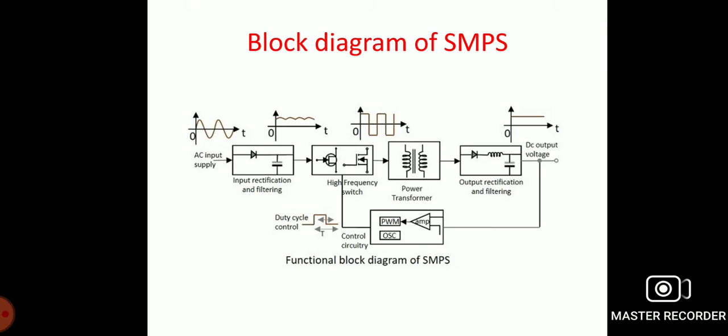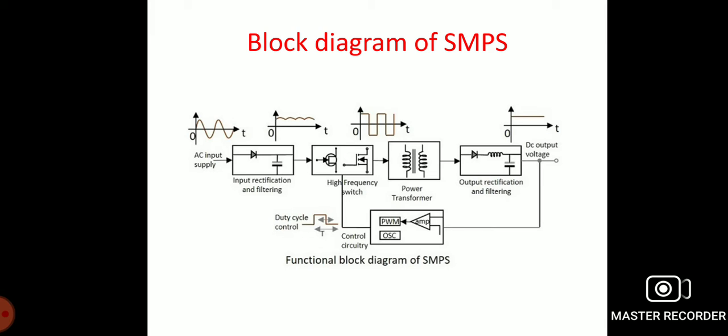They are: the SMPS circuit is operated by switching and hence the voltage varies continuously. The switching device is operated in saturation or cutoff region, so there are only two modes of operation, saturation mode or cutoff mode. The output voltage is controlled by the switching time of the feedback circuit, and the switching time is adjusted by adjusting the duty cycle.